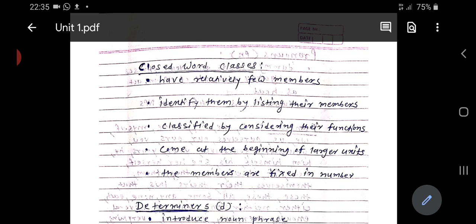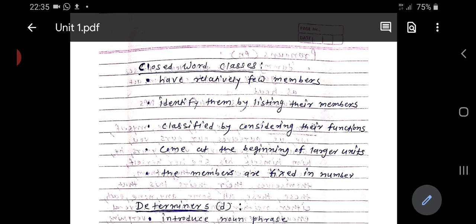Determiners introduce noun phrases and function as modifiers. They are sometimes obligatory, they are compulsory. If the head of a noun phrase is a singular count noun, then some determiner has to be added. We have here an example: girl gave pen. So girl requires here